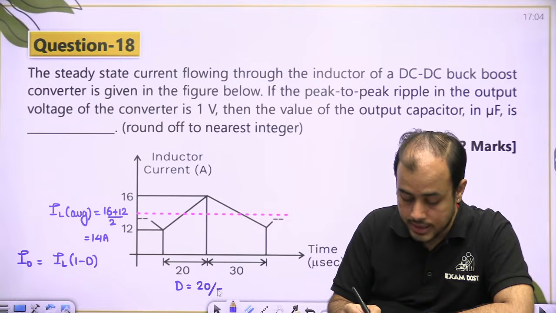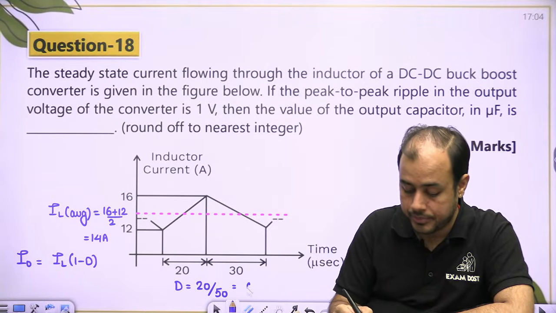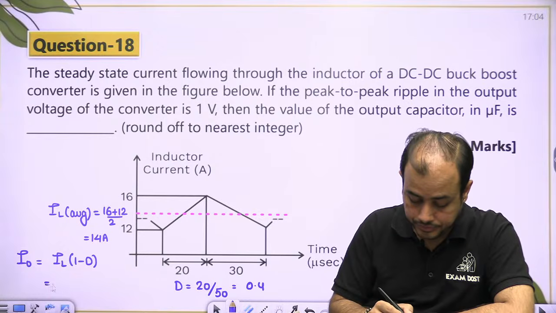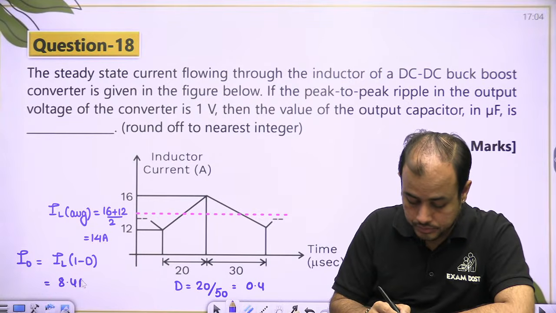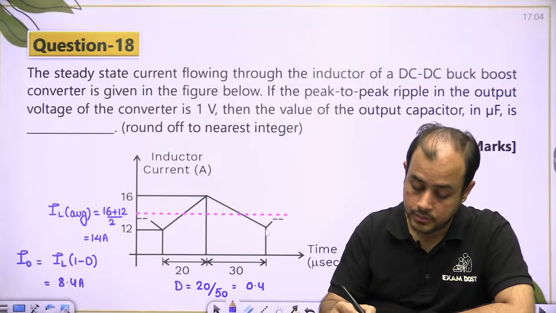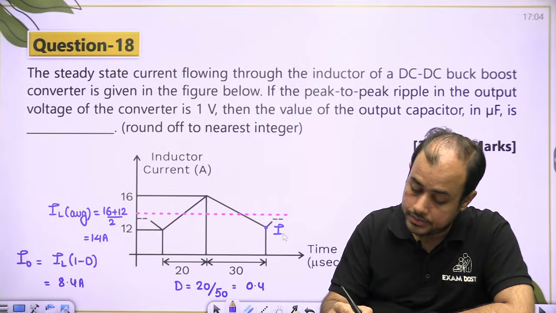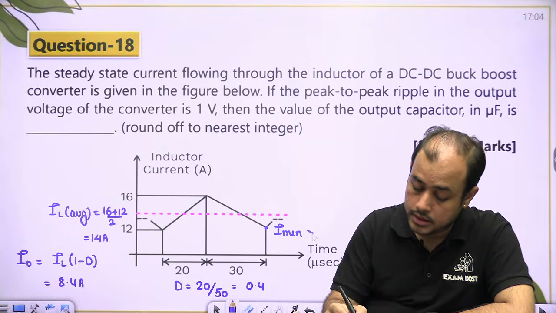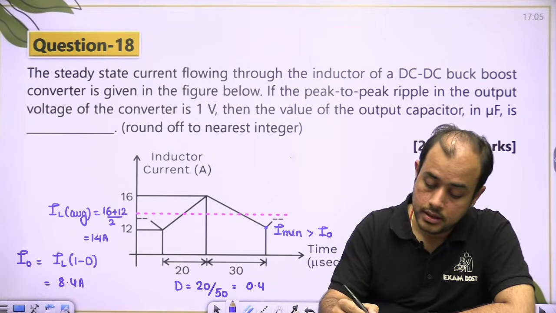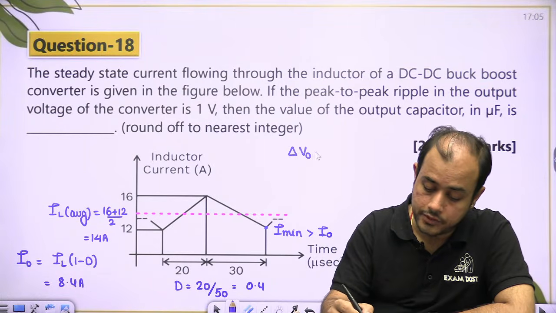Now, duty cycle is 20/50. Okay. Now, this I min is greater than I naught, because of which delta V naught is,